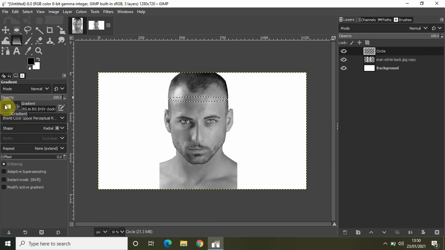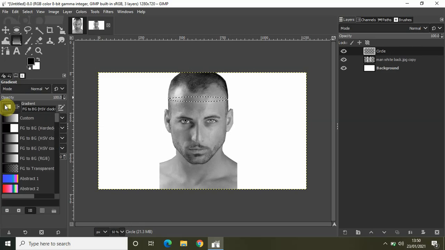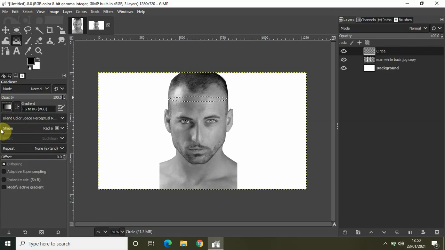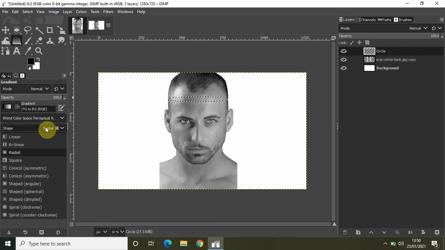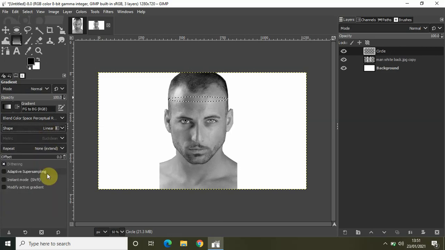So click on this option called Gradient and select Foreground to Background RGB, and inside Shape currently Radial is selected. So click on this drop down list and select Linear, and we also need to change our foreground color and our background color.